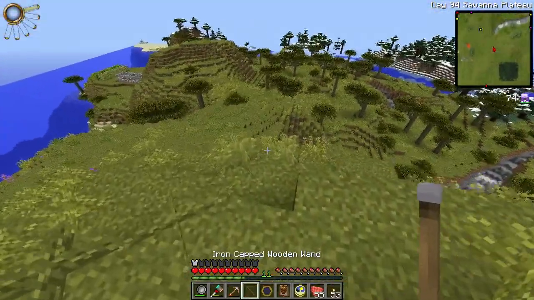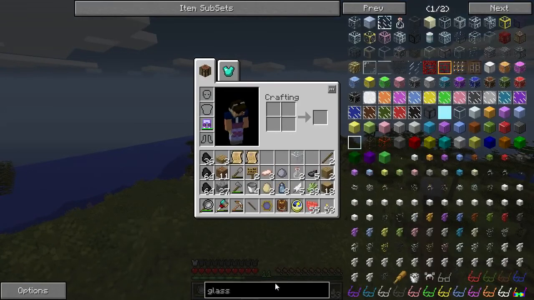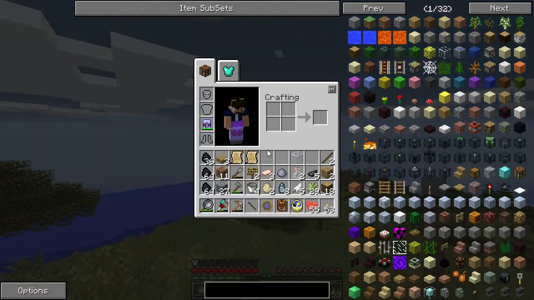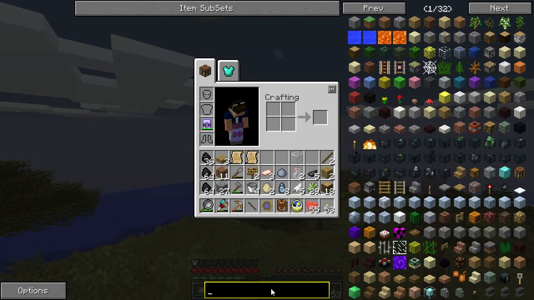But now we have some air in our wand, but we don't have anything else. What? And we are back. Sorry for that little interruption. Had to...